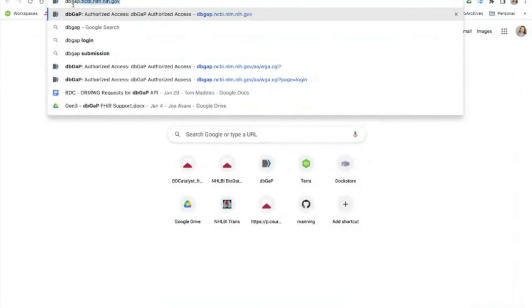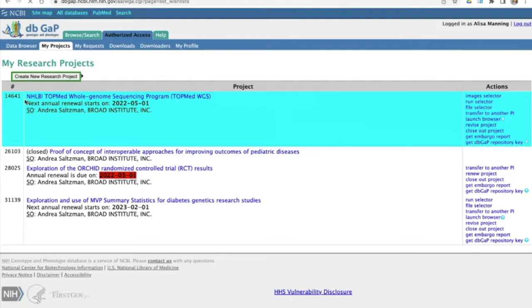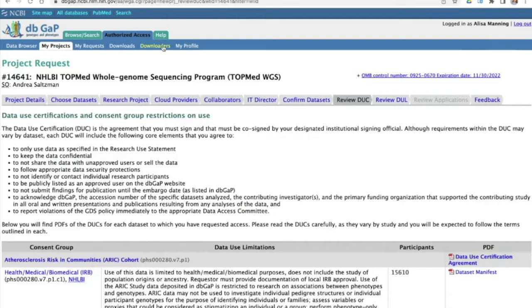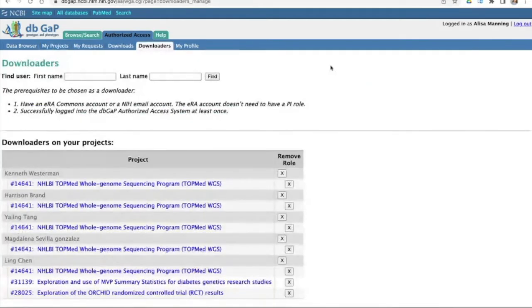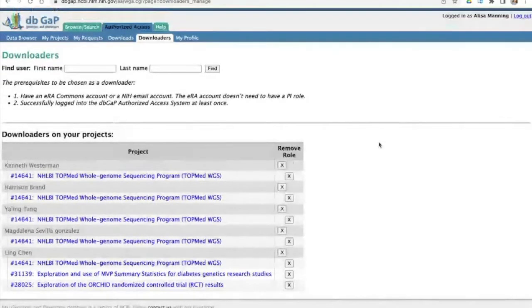All right, so I'm going to go into dbGaP, and I am the PI of a dbGaP application for TOPMed data. And this project has some downloaders that I've added, and these are members of my lab or collaborators within my group or within my institution who are authorized to access data via the DRS URI in a Terra workspace,